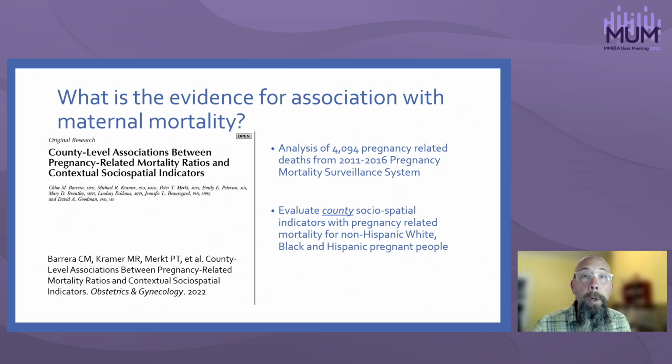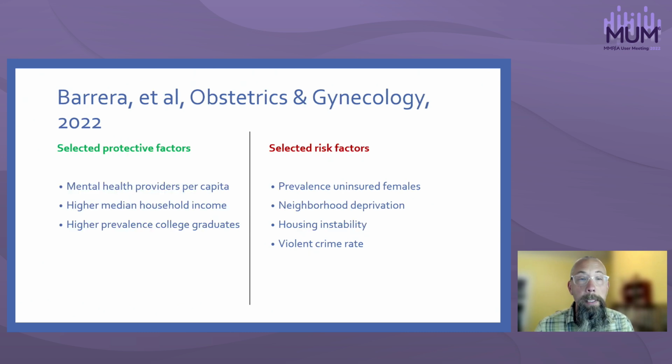So I just want to call out one paper by colleagues that just came out in the Green Journal a month or two ago that used the same indicators that are on the dashboard combined with the Pregnancy Mortality Surveillance System, the PMSS, which is the National Surveillance System for Pregnancy-Related Mortality, and evaluated the relationship between county-level sociospatial indicators and pregnancy-related mortality overall and separately by race and ethnicity. There's a lot in the paper. The paper is available. I'm happy to share it, and I think it's available in other places on the MUM website, but just a few high-level